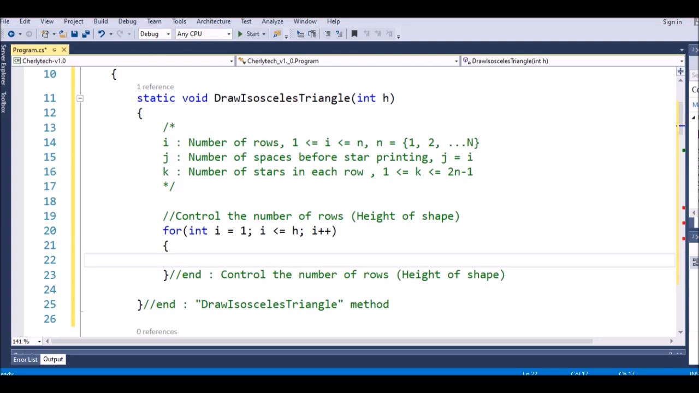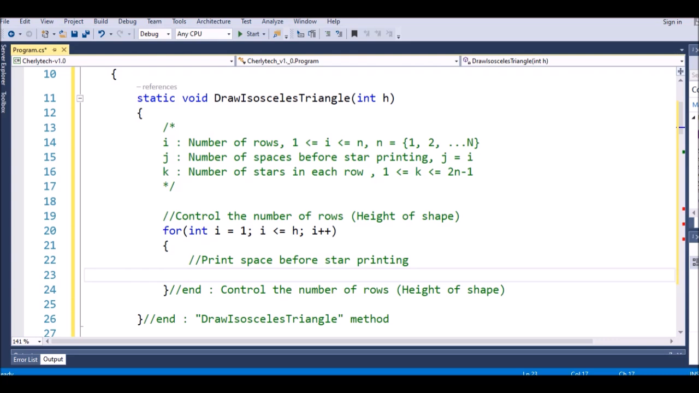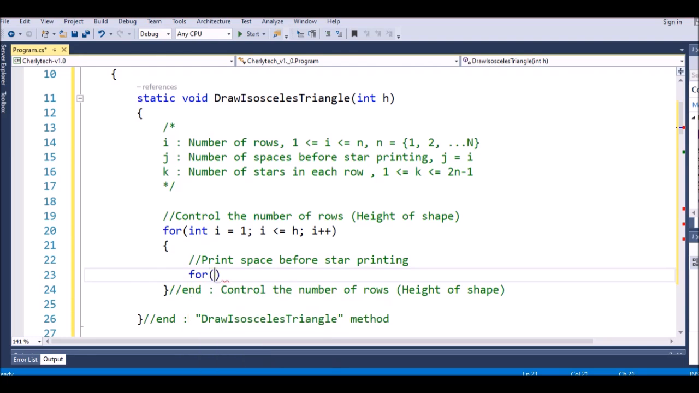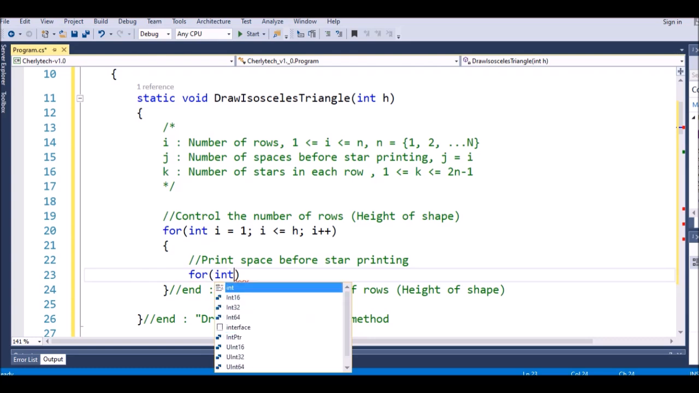So inside here we say print space before start printing, right? Print space before start printing. So to print the space we use for, right? We just draw in